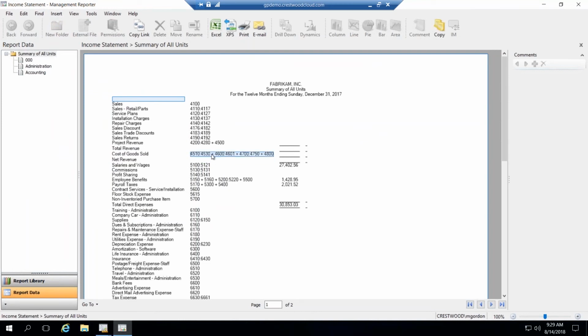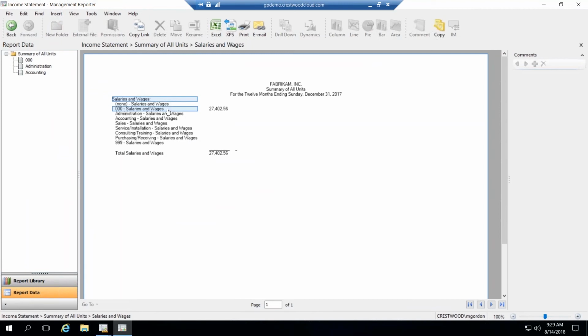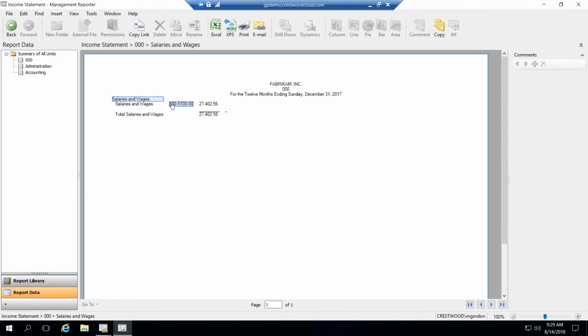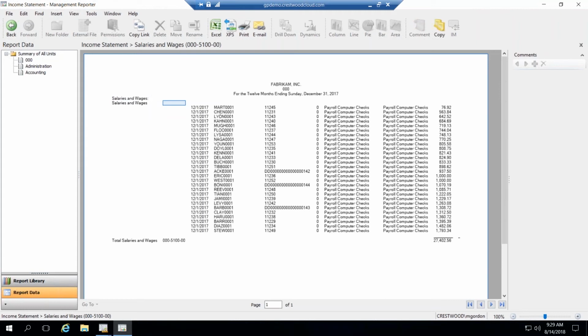So this is showing all the accounts because I listed them. And if I come into salaries and wages and drill down, you'll now see a bunch more information. What the heck is all this? So